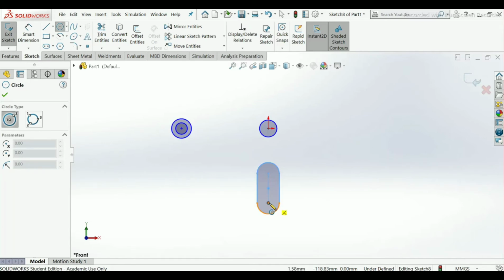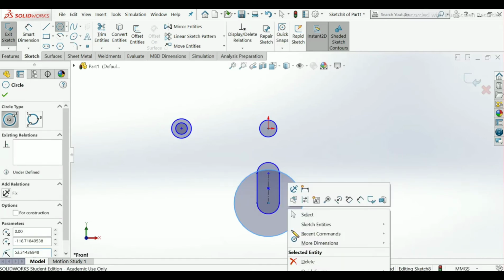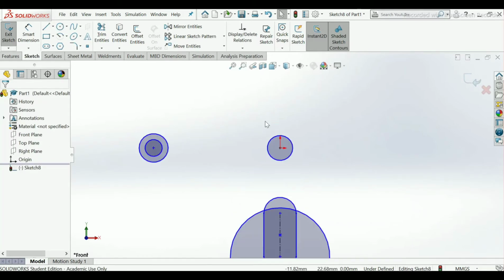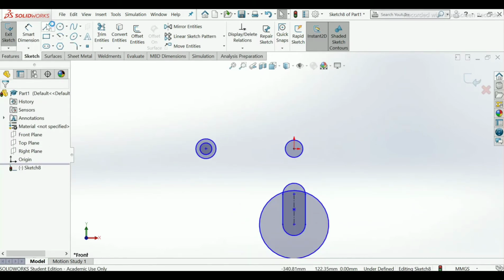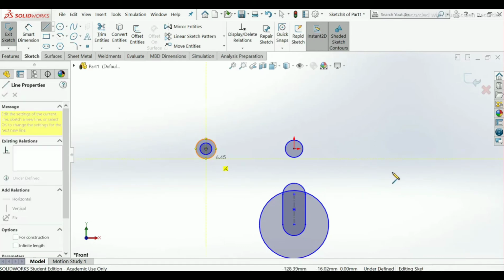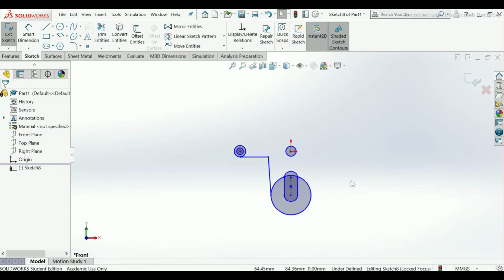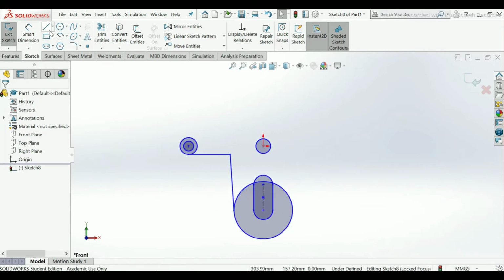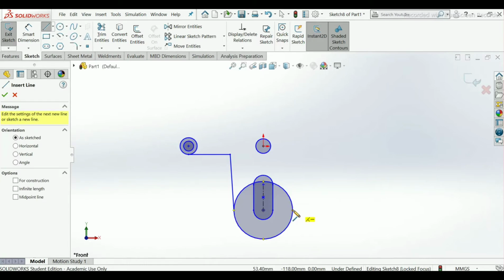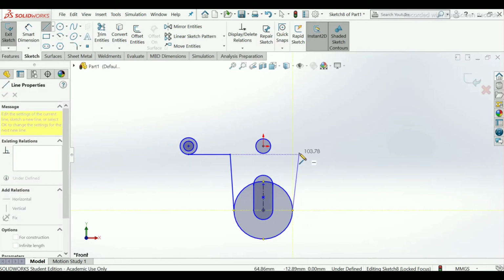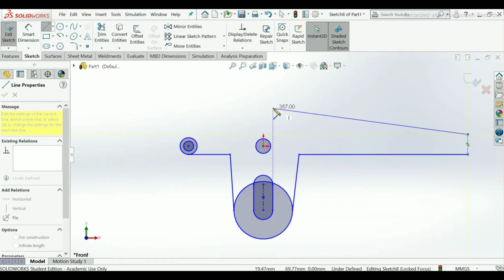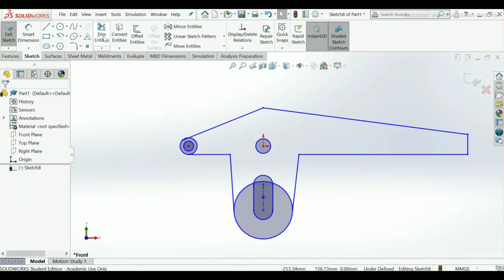Select this point of slot. Now make this sketch. Trim it.